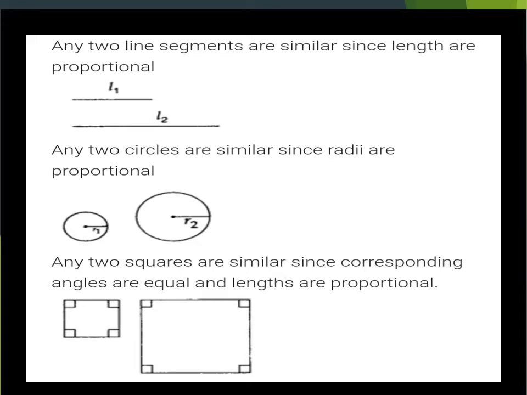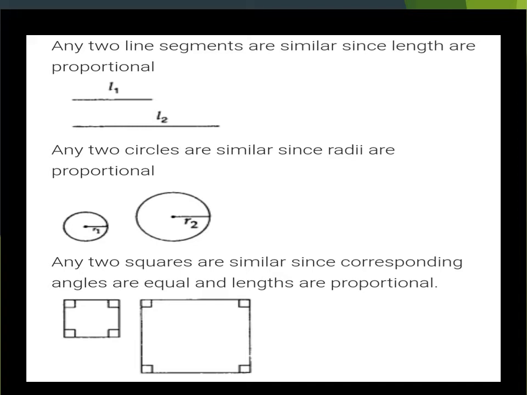Now we shall come back to geometry. When can you say any two diagrams or any two figures are similar in geometry? When they are proportional, isn't it? Now observe these three examples here. The first one is that of two line segments. Any two line segments are similar because they will have two distinct lengths, and if you consider them as a proportion, it is going to be L1 by L2, which is a proportion, because there are no other line segment lengths here, since we are comparing only two line segments and their lengths are always proportional. So you can say any two line segments are similar.